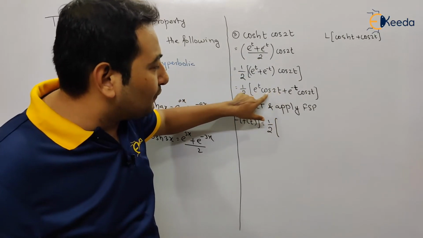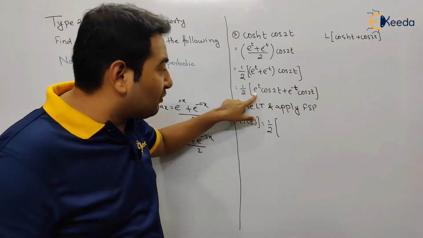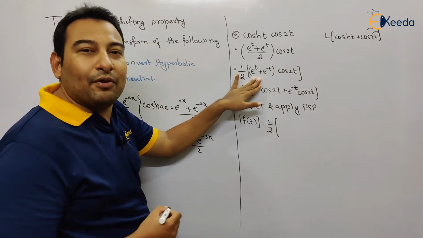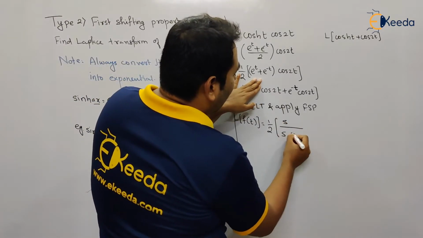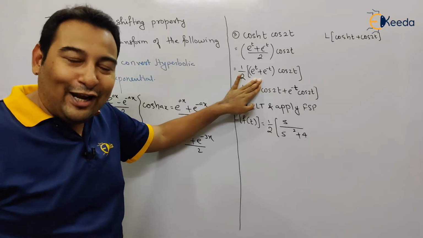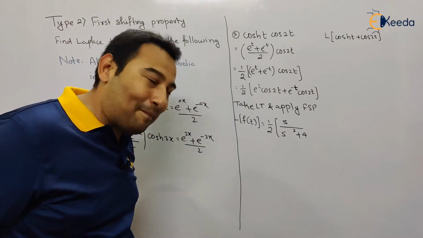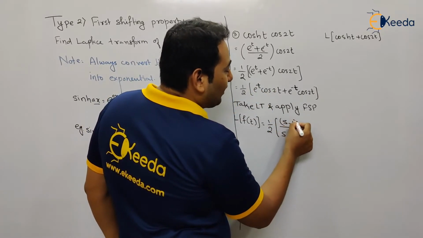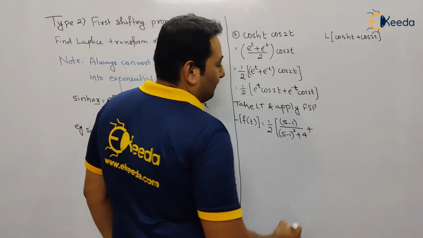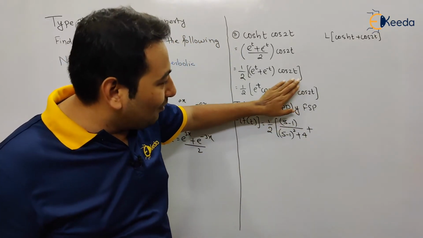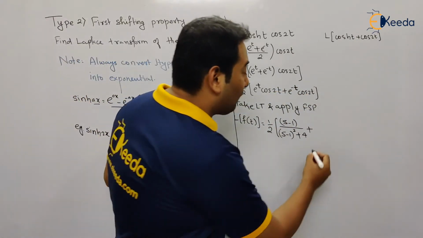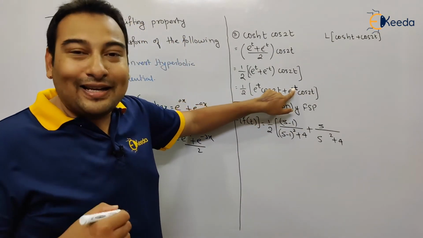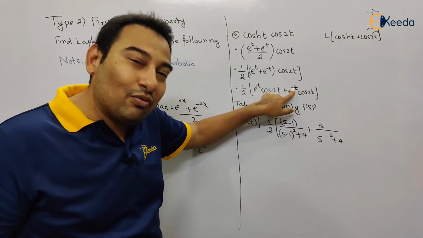Let us find the Laplace of this particular term. You can see this is your FSP, exponential multiplied with a function. Forget about it. You are left with cos 2t. What is Laplace of cos 2t? s upon s square plus 4, right? And due to this e raised to t, s will be shifted by minus 1. Plus, what about this term? Forget about this FSP, cos 2t. What is Laplace of cos 2t? s upon s square plus 4. Here we have minus t, that means minus 1, so s will be shifted by plus 1.